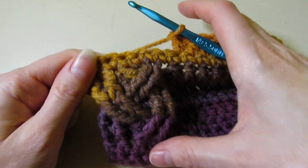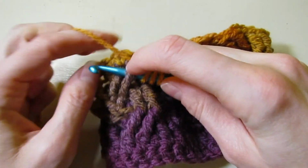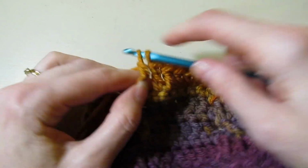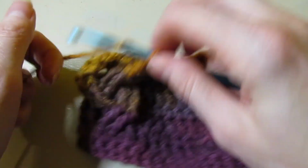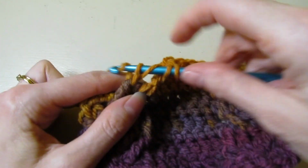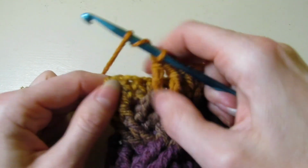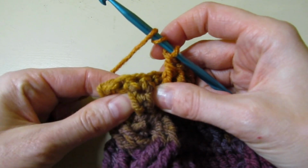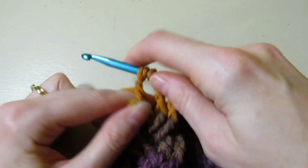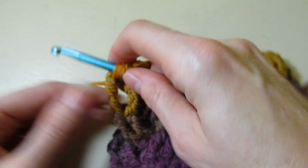And now I am back to my second set of braids. I'm going to yarn over twice, and we're working right in that first front post triple crochet, working front post triple crochet. So yarning over twice again, we're going to skip these two guys, the middle ones, and work in the last two. So front post triple crochet, front post triple crochet,